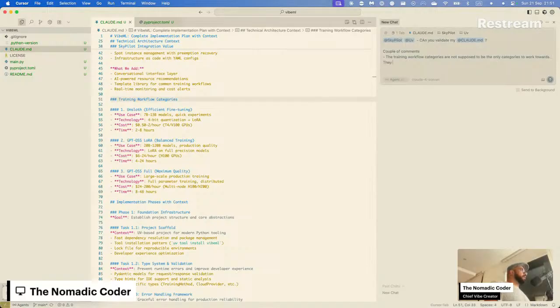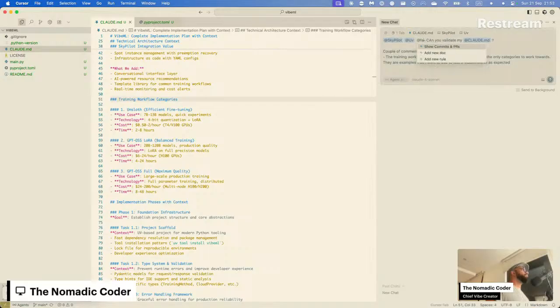They are examples that I want to use to test if VibeML works as expected.